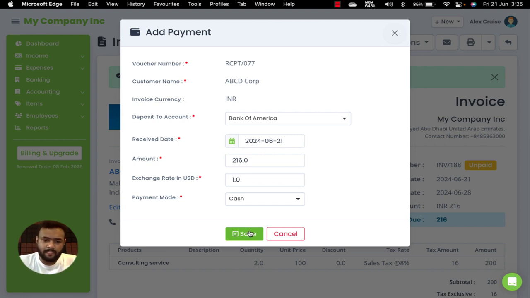Right now I'm just going to click on save, and before I do that, one thing is that we also have something called exchange rate in USD. This is specifically for multi-currency invoicing. Let's say your customer is in some other country, and you want to mention their currency and ensure that you're creating a multi-currency invoice for them, and you want to ensure that your accounting is correct, but at the same time they receive the invoice in their own currency, then you can enable multi-currency invoicing and you can create that invoice from ProfitBooks right here. So back to this, we are just going to click save right here,